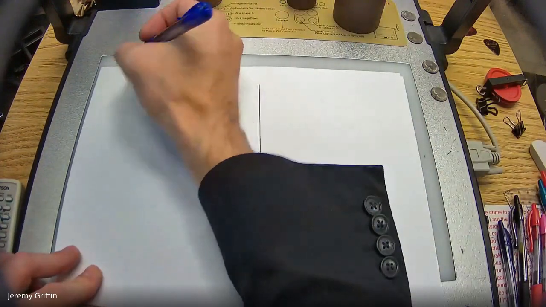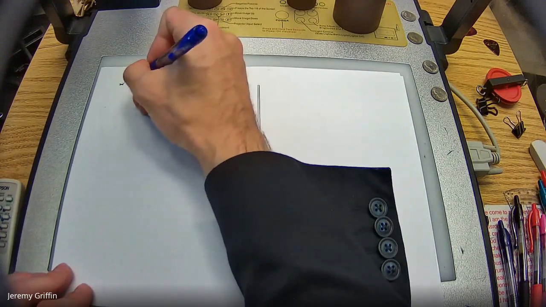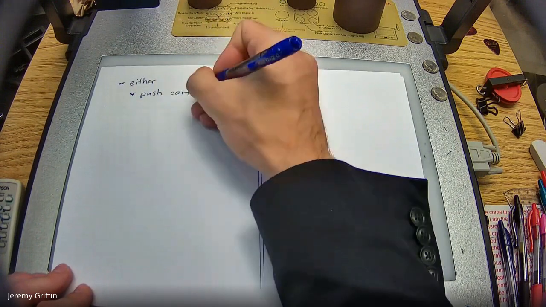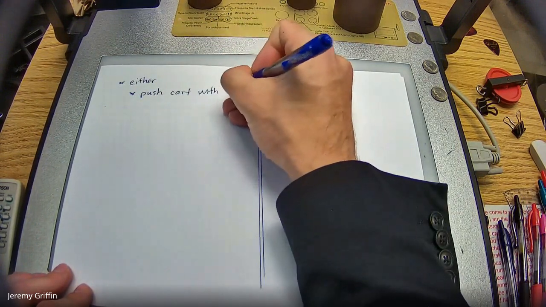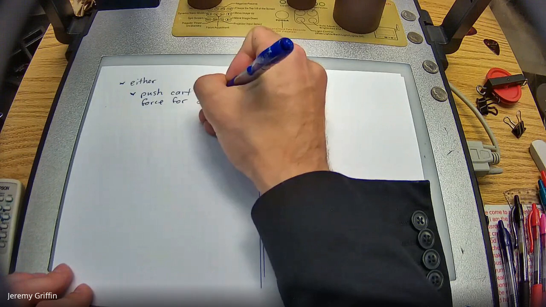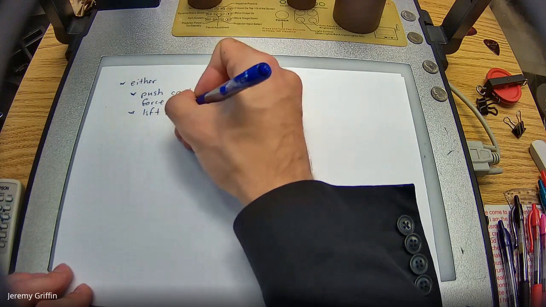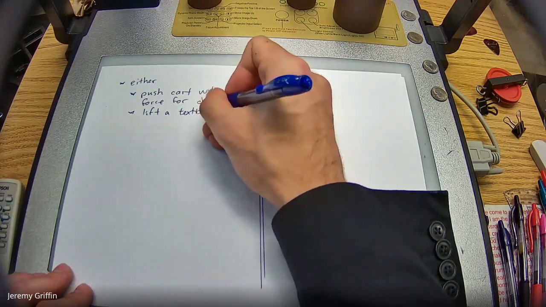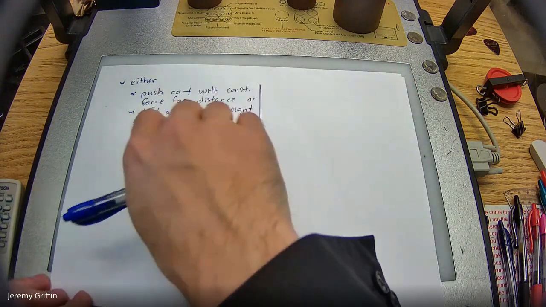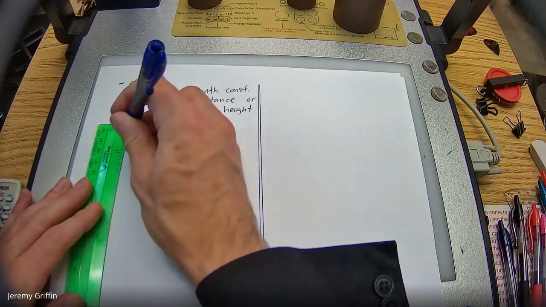So I'm going to give you guys a couple of stories, and then we'll make a graph that applies to either one of those. So either you push a cart with a constant force for some distance, or lift a textbook some height. Okay? If you're pushing a distance in the direction of motion, or lifting a textbook against gravity, either one of those,